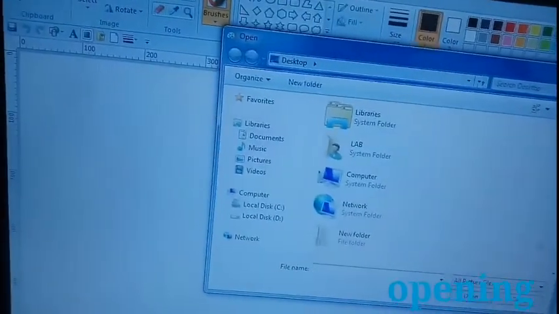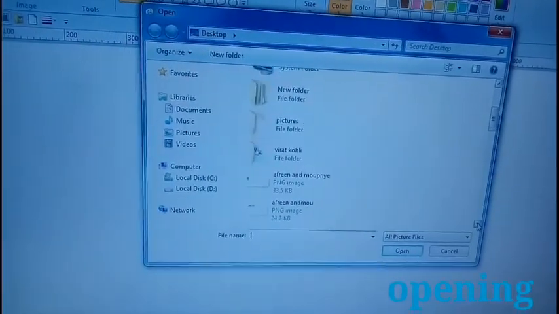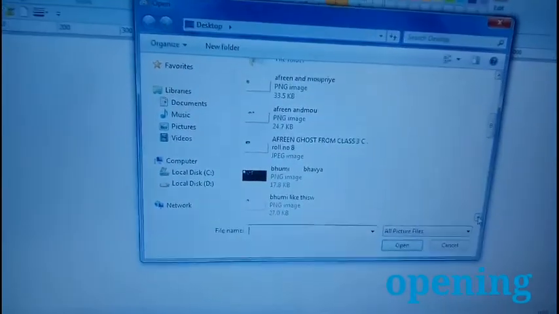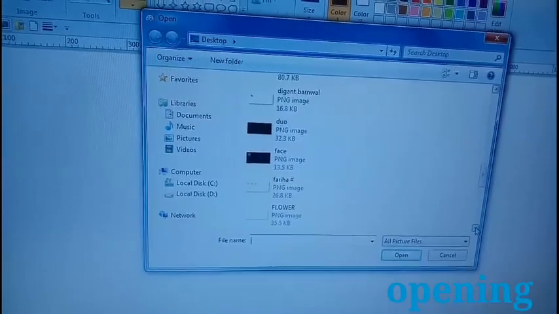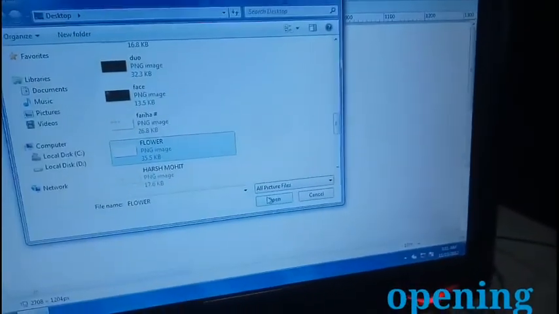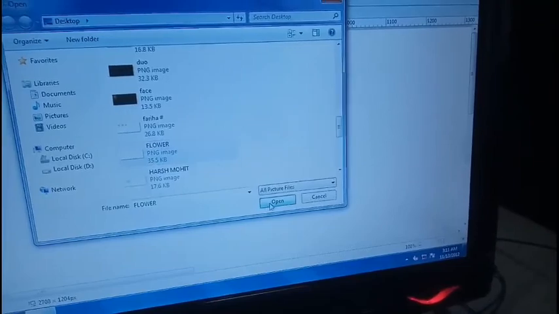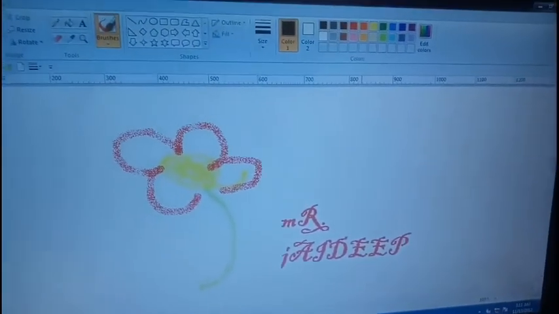In which case you have to turn to this sidebar and keep scrolling down. Sooner or later you will find it. And there is our file name flower. Let me click here and let me click on Open, and our picture is back on the drawing area.